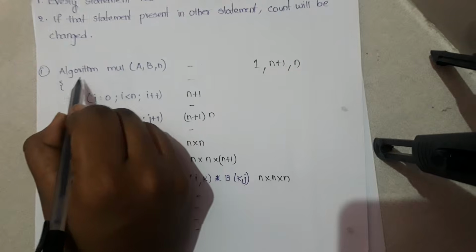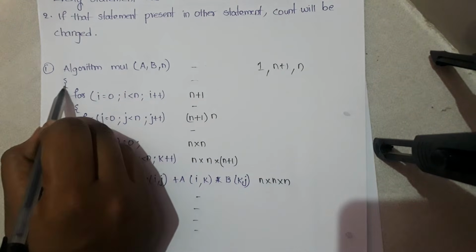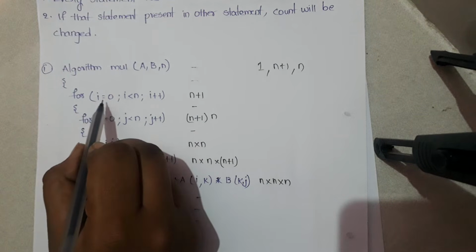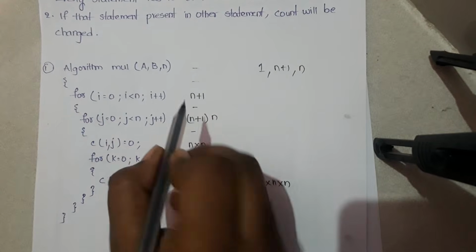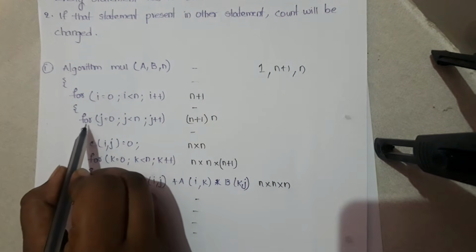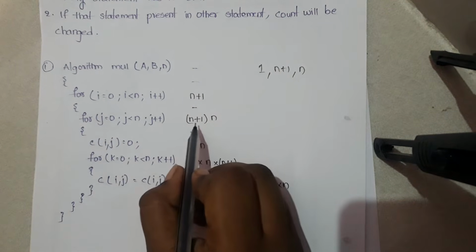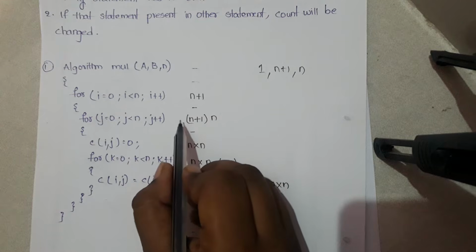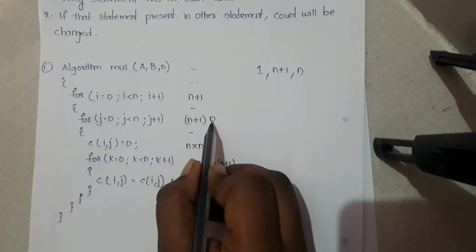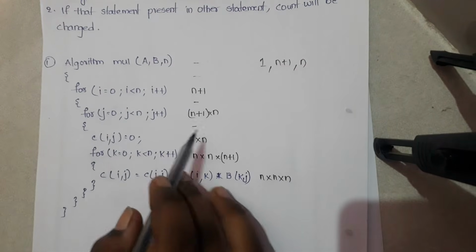In this, the first line is just the algorithm, we can leave it, and the second one is a curly brace, we can leave it, and third, this is a for loop. So for any kind of looping statement, the value is n plus 1, and this is a curly brace, leave, and this is a for loop. Actually it is a for loop, so we write n plus 1, and this for loop lies inside another statement, that means its value becomes n also, so we have to multiply, and then it is a curly brace, leave,